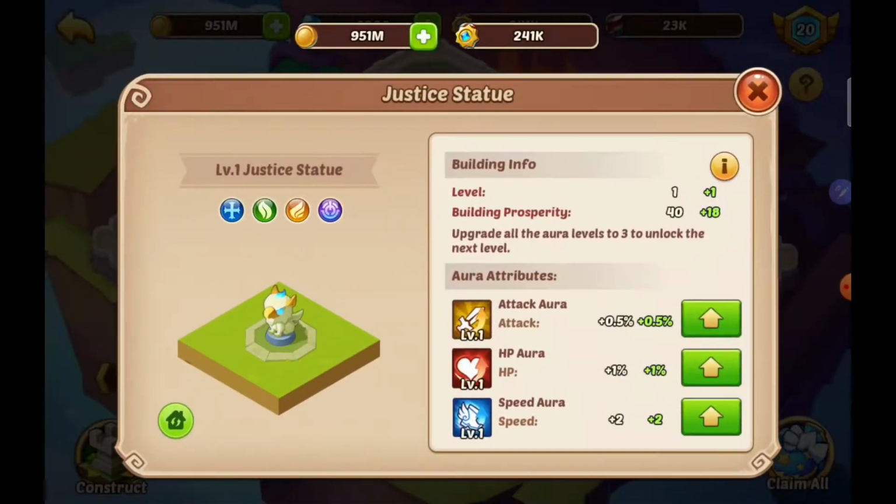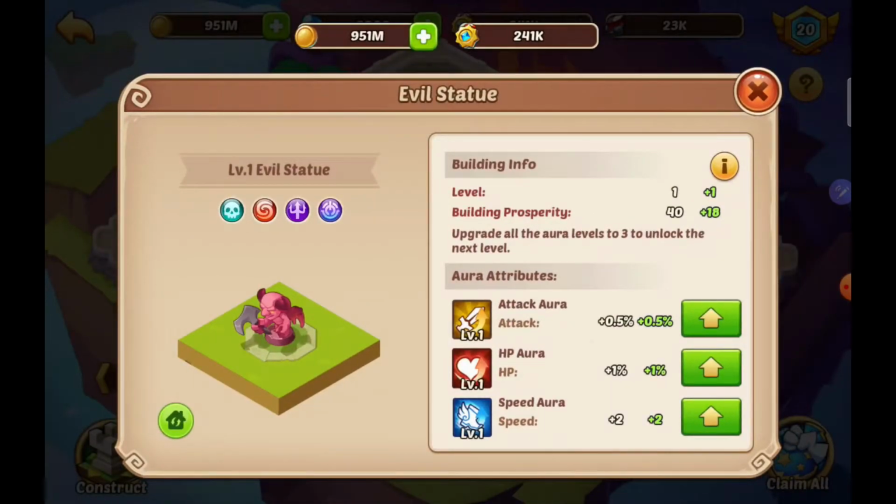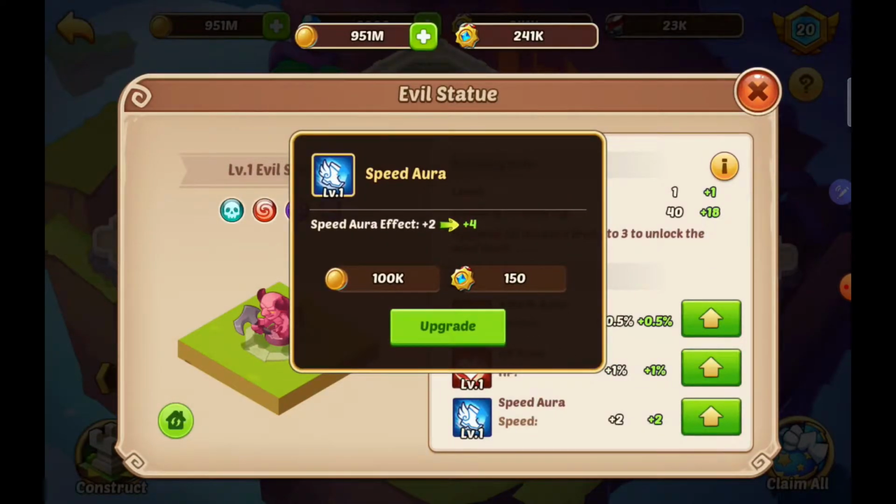The number of these statues has also changed. You remember how you used to be able to have 3 different statues, one for speed, one for health, and one for attack. For light and, well, I'm not going to call it light and dark, but it's basically half the factions, and then this one is the other half of the factions. But now you only have the one statue, and I think you get to pick which things you want to upgrade. And so here...